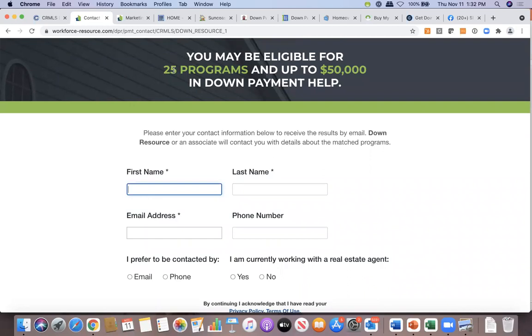Now notice, I did not see the programs on the screen. I know there are 25 of them. Now I know I can get up to $50,000 in down payment help, but I didn't see any program names. We do that on purpose. We want to make sure that that buyer submits their information, tells you they want to connect, and opens the door for that conversation. And only once they submit this form to you, will we email them a list of